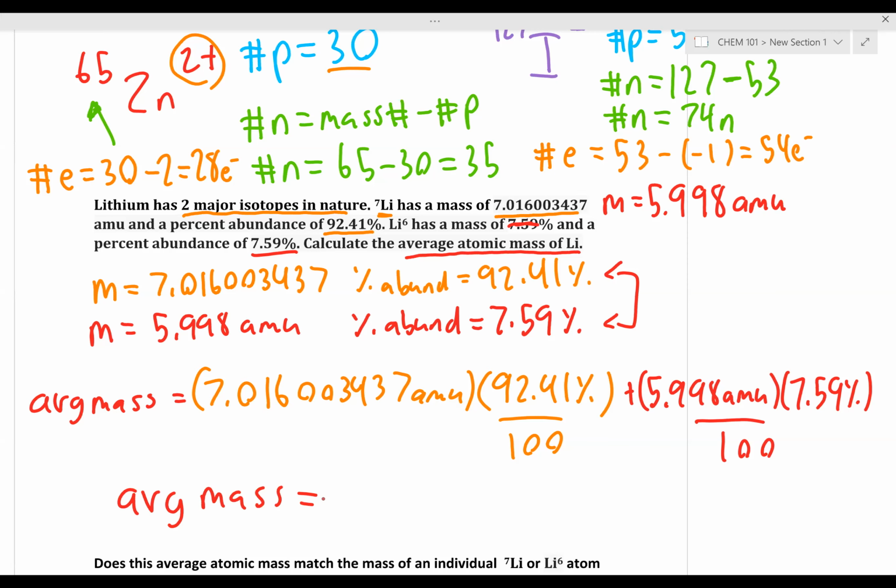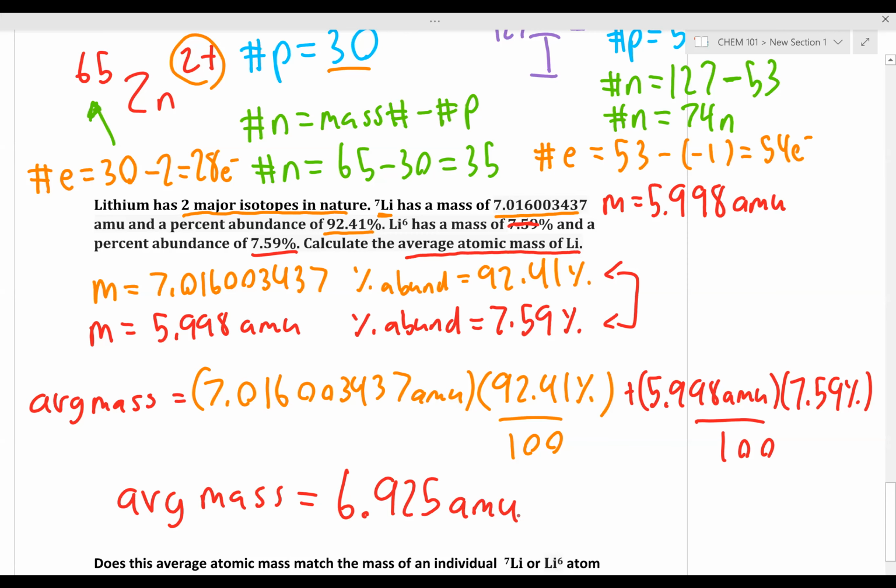So we're going to start by entering 5.998 times 7.59, and then divided by 100. And at the end, when you push the equal sign, you should get a number close to 6.925. Does that match what you observe using your calculator? Okay, so let's enter our final results into our report sheet. So we end up with a final average mass of 6.925